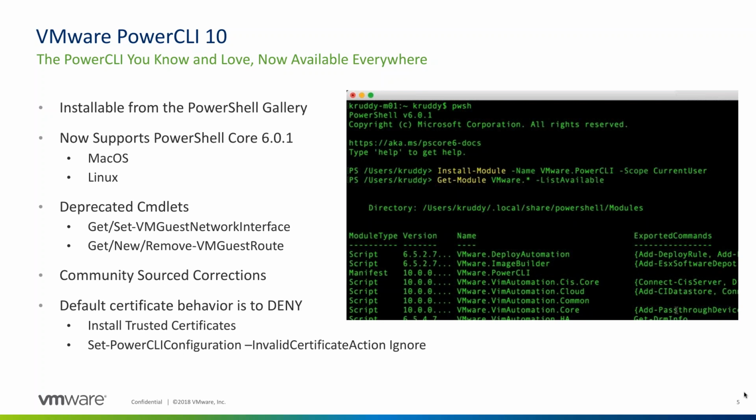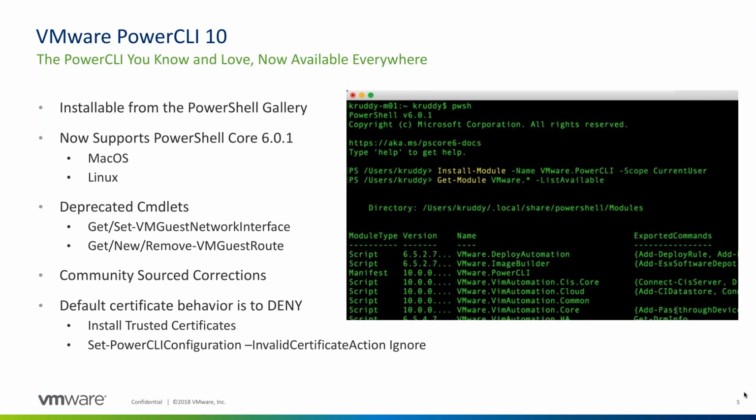So here on our screen, I'm on a Mac system. It's literally just Install-Module -Name VMware.PowerCLI, and it runs through. It's pretty impressive. And then the update process, again, has also been updated too. So now it's literally just Update-Module instead of Install-Module. Very easy, very straightforward. No having to deal with uninstalling or reinstalling